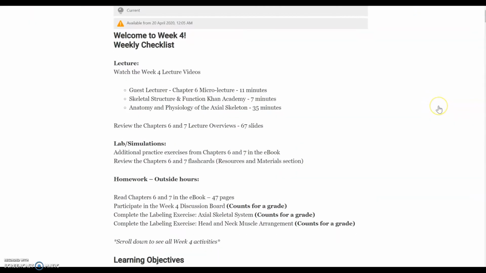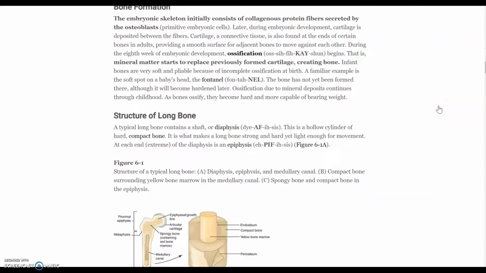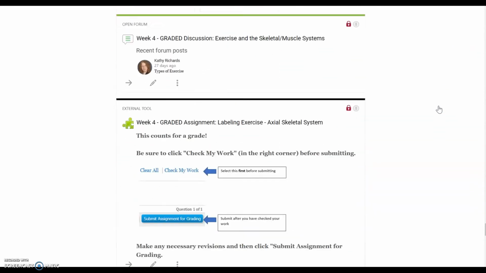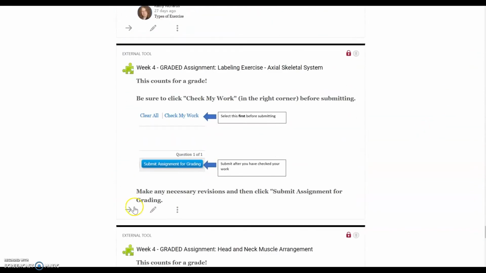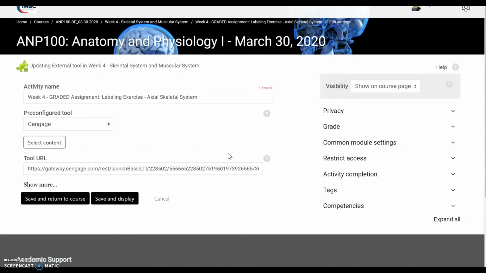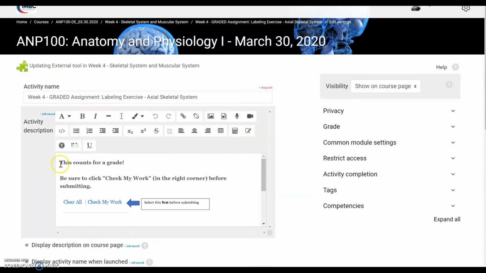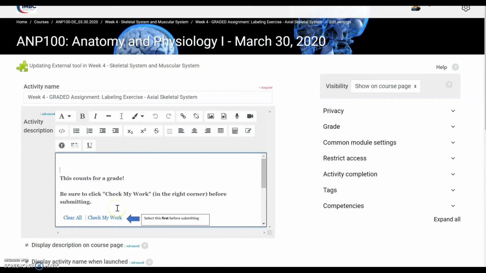Okay, to update the assignment instructions with the video links, you would scroll down to the assignment, click on the edit button, click on show more. If it has this text here, you can just enter it down and it'll show below the assignment, and you